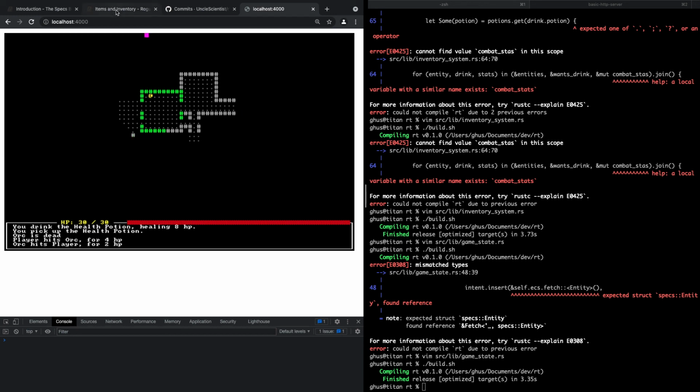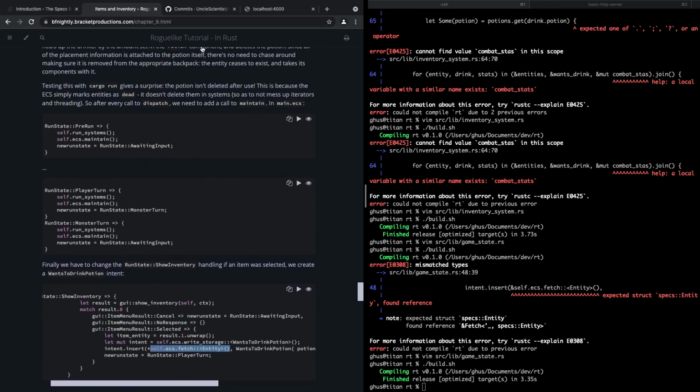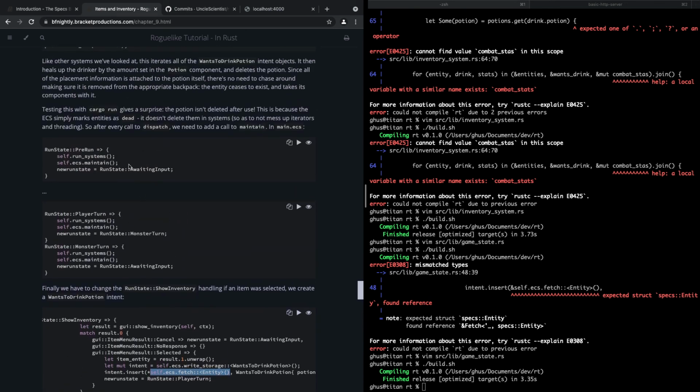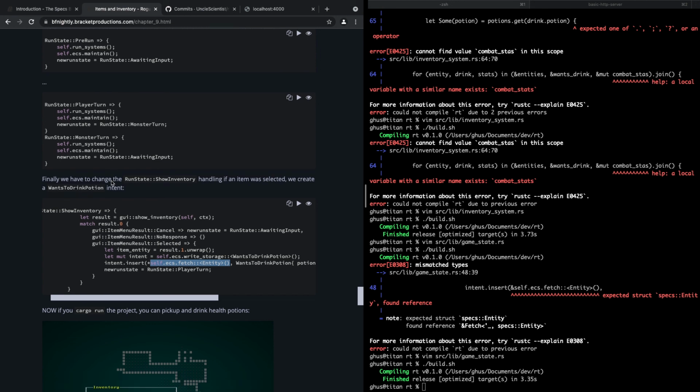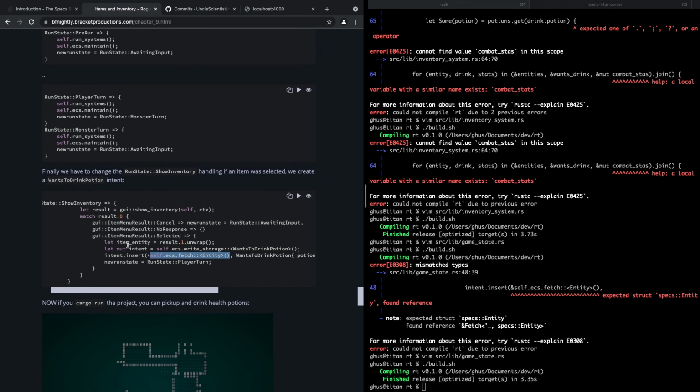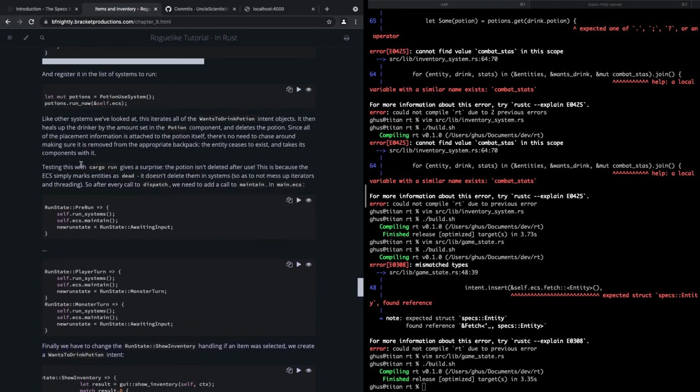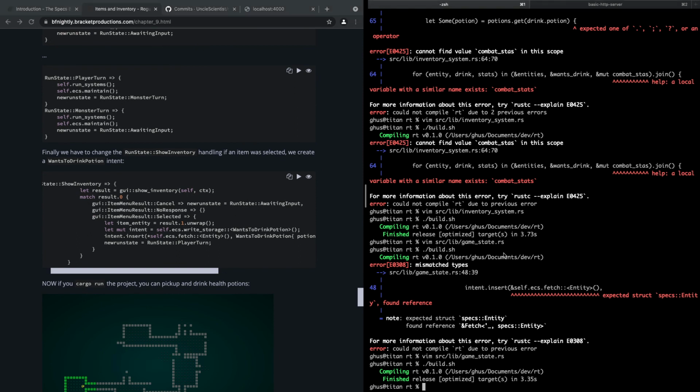Yeah, so this needs to be restructured slightly. We don't need to do these things because maintain is already being called in run systems. So this must have been from like an older version. And then this needed to be up here, and then we don't need this or this surprise section here. All right, so